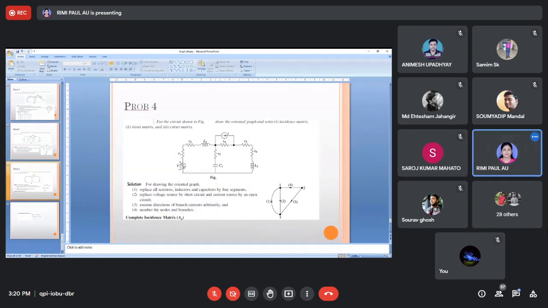Next problem. Here you can see that this is a voltage source, so this should be a short circuit, 1 and 2 branch, right? This is 2 nodes, this is 1 branch, these 3 another 3 nodes, so this is 1 branch, this is 1 branch, this is 1 branch, and this is another branch, this one to this, but this is a current source, so this is an open circuit. So there are 3 nodes, 1 2 3, and branches 1 2 3 4.